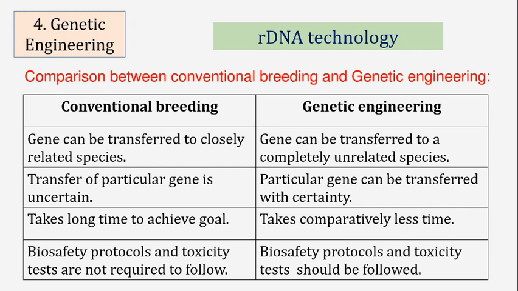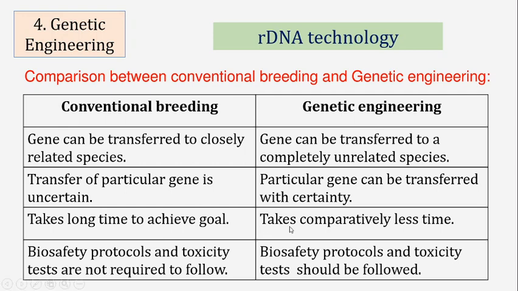So we don't need to follow these two protocols, biosafety protocols and toxicity tests. That means whether the organism produces any kind of toxic protein or not, or if the organism is safe for the environment or ecosystem. But in genetic engineering, as we are manipulating the genome of an organism intentionally and artificially,